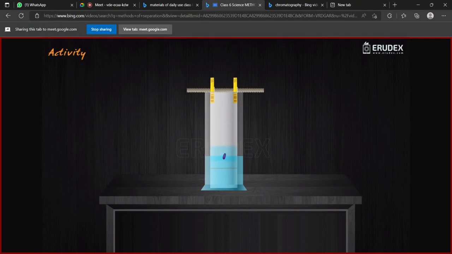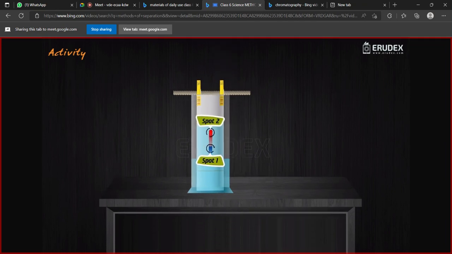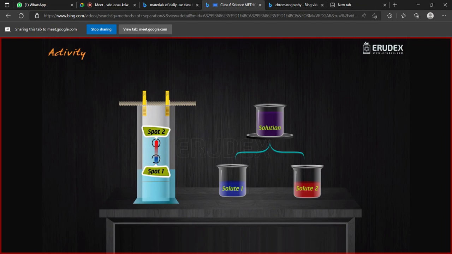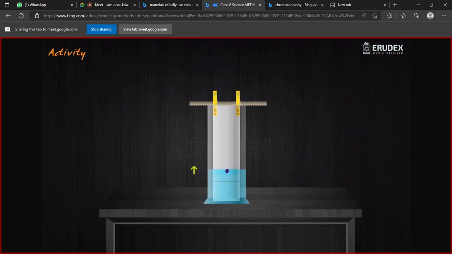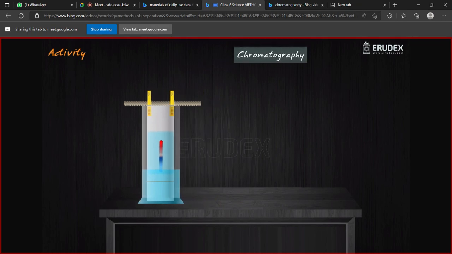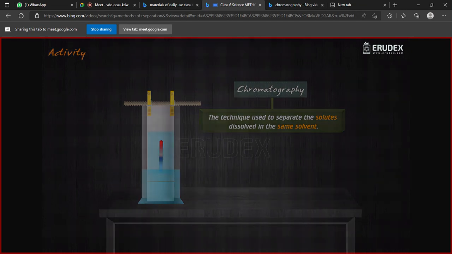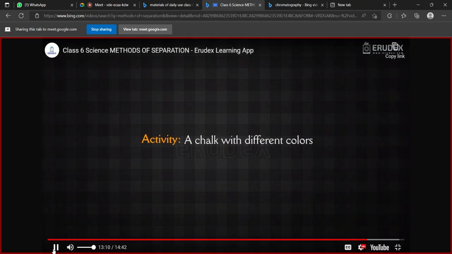Water rises up on the filter paper. Two different spots are obtained. Two separate solutes present in a solution are identified. The colored component soluble in water rises up quickly. This is the phenomenon of chromatography. It is the technique used to separate the solutes dissolved in the same solvent. Activity: a chalk with different